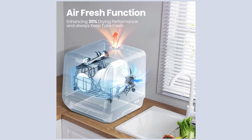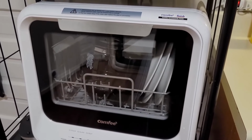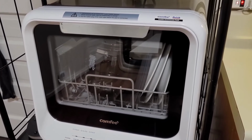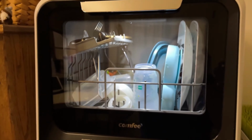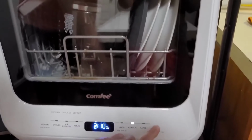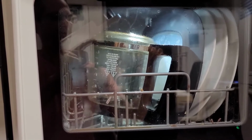Another impressive feature is the air refresh mode, which circulates air to remove moisture and odor, ensuring that dishes not only come out clean, but also stay fresh and dry over time. This function is particularly beneficial for keeping both the dishes and the interior of the machine in pristine condition. In summary, the Comfy portable countertop dishwasher is a standout choice for those seeking a compact, easy-to-install, and highly functional